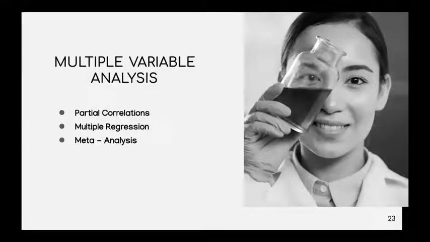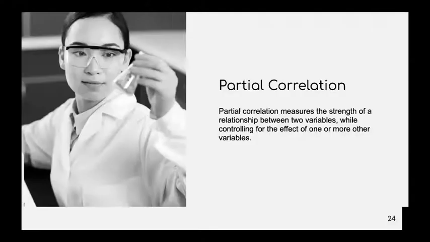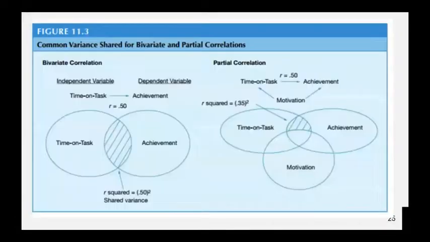Okay, so next I'm going to explain to you about multiple variable analysis. In multiple variable analysis, we have three parts here, which are partial correlations, multiple regression, and meta-analysis. Partial correlation measures the strength of a relationship between two variables while controlling for the effect of one or more other variables. So as you can see here,